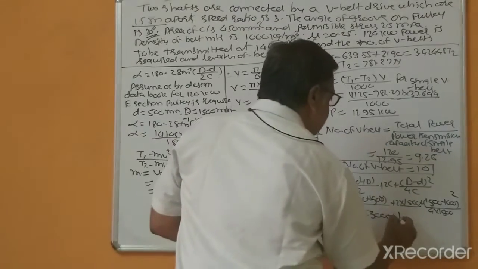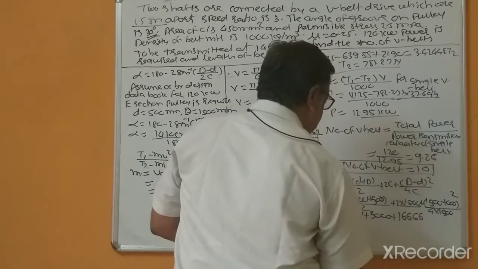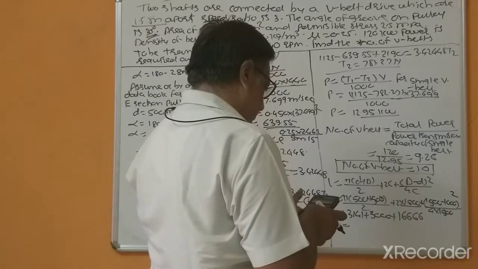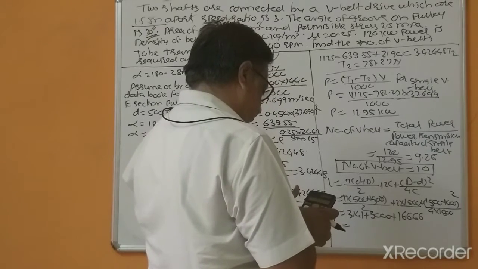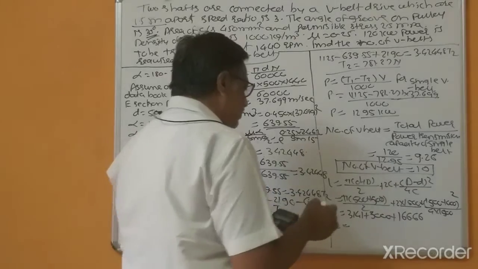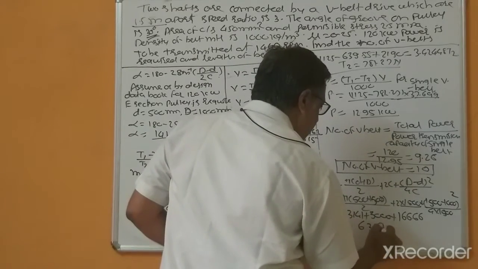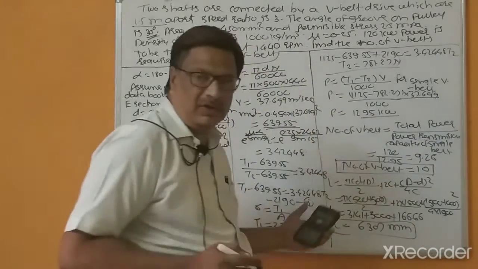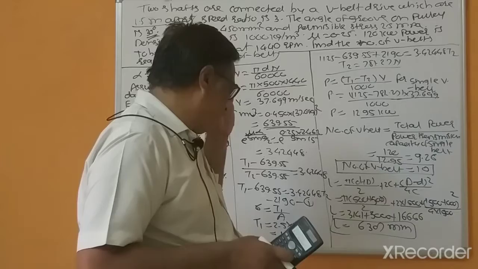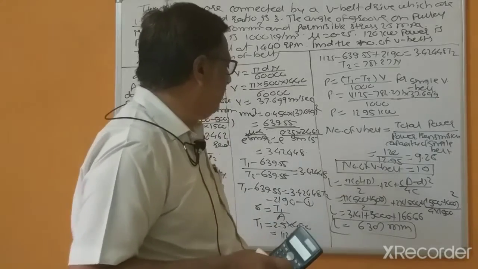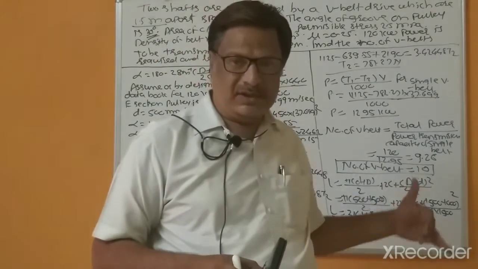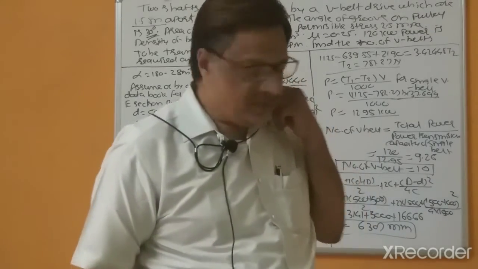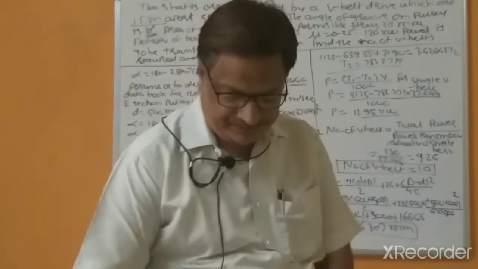This is equal to 166.66. So that's why plus 3000 plus 3141 equal to 6307 mm. This is the overall length of the belt, and this is the pitch circle or pitch length of the V belt. This is approximate, so you can adjust. This is not fixed. You can adjust according to the arrangements.